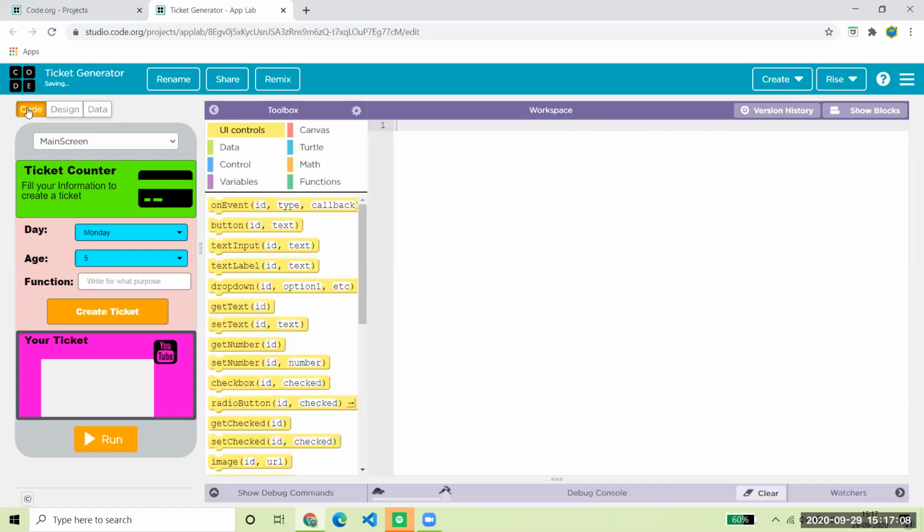Now let's come to the code. This is the first app which I'm showing you, so always remember that first we do the design and then we come to code. It never happens that first we code and then we do the design. So now we have to learn about variables and some different functions. What is a variable? In coding, variables are like an object which you can use to print anything on your screen, or you can assign any value to it.